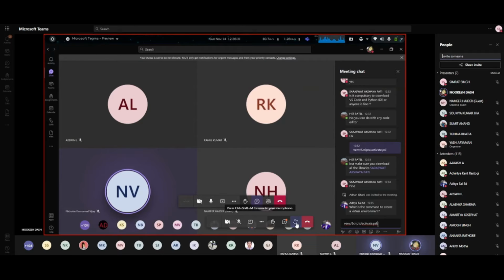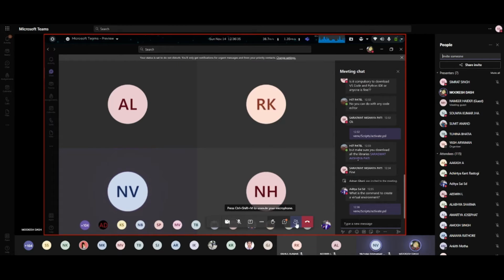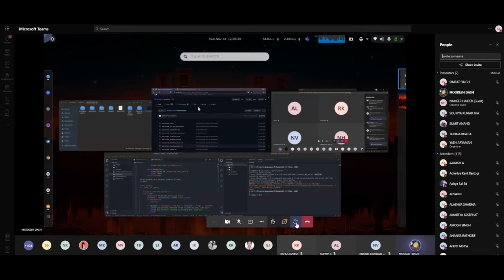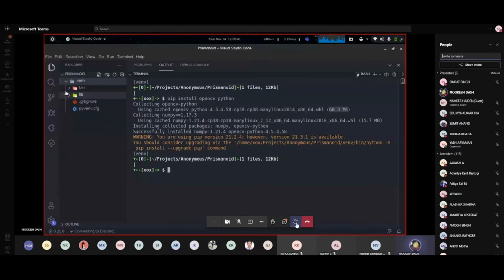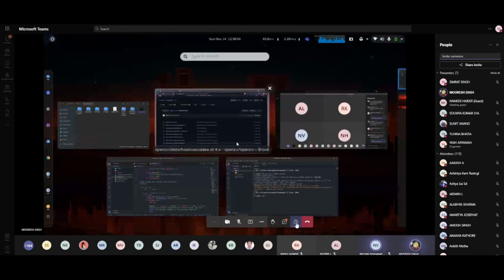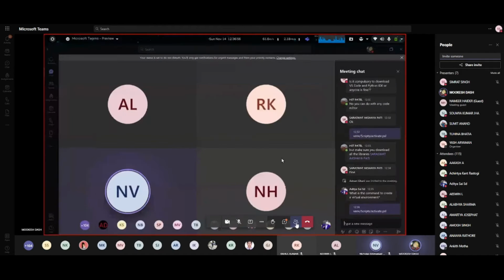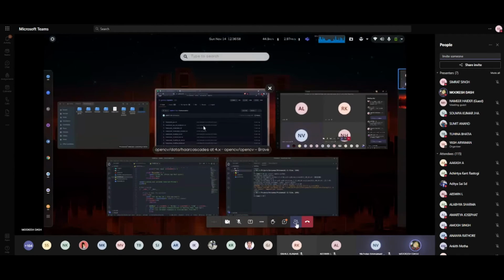That will activate your virtual environment inside your PowerShell. For me, as I am on Ubuntu, I have bin instead of Scripts, so I used venv/bin/activate, but you need to use venv/Scripts/activate. I hope I solved your doubt.